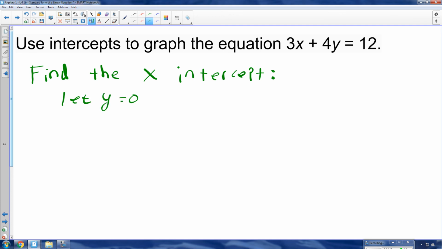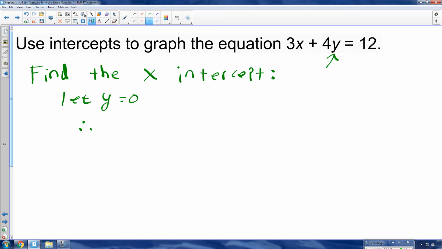I'm going to draw a little pile of rocks here, which means therefore. Let y equal 0, therefore. That's a mathematical symbol for therefore. You want to write out the word therefore? I don't think so. So instead of writing out the word therefore, you put three little dots in a triangle. That means therefore. Therefore, if y is equal to 0,